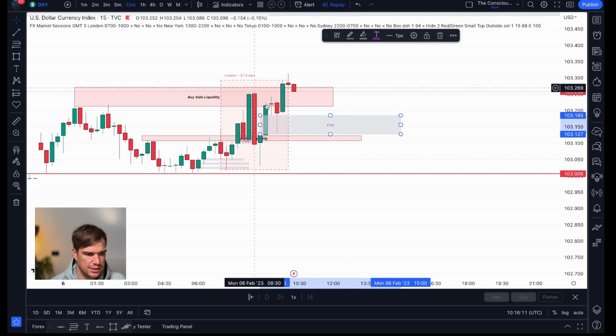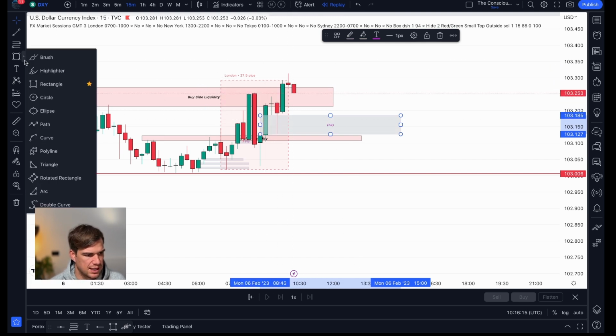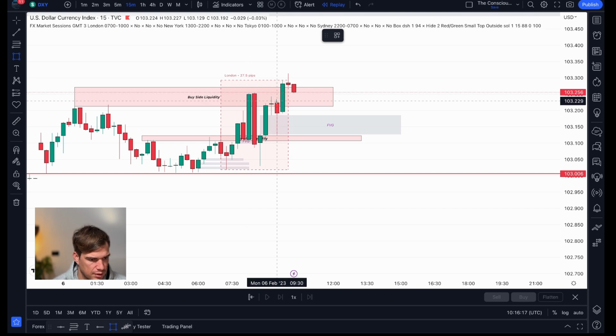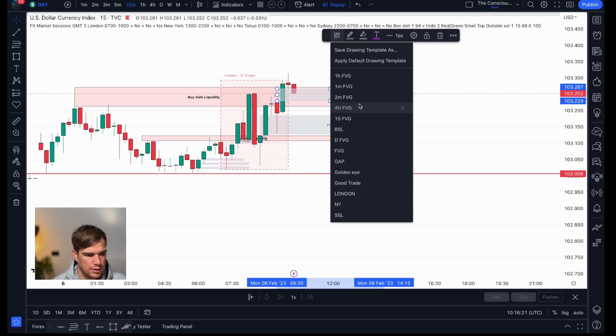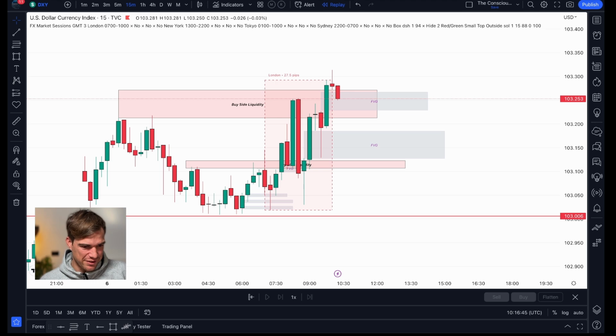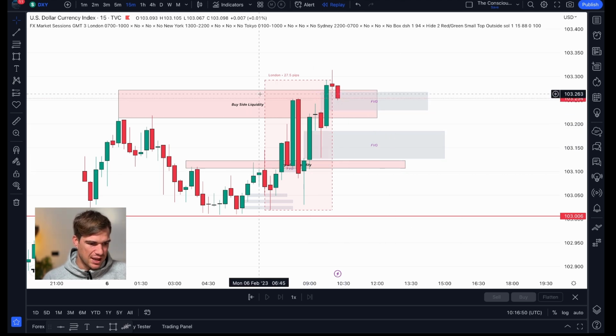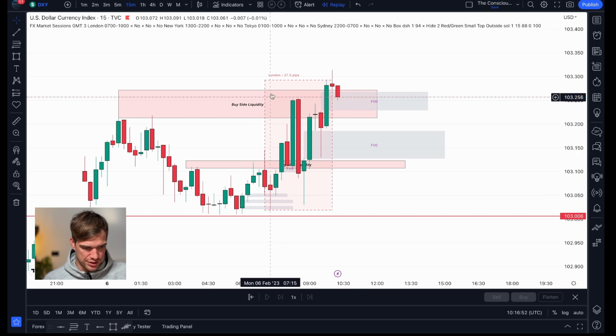Strong dollar pushing up to the upper side, and now it's coming back, retesting this fair value gap. Don't take any trades off this, obviously. This is for educational purposes, and you should do all your own analysis when you're pressing the button. So what we're seeing here is that refill of that fair value gap, and that is the whole London session.